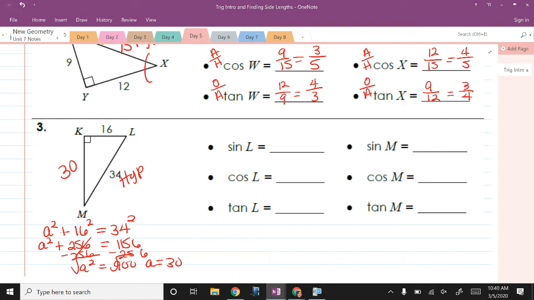So vertex form gives me my vertex, yes? So if I compare this in vertex form,